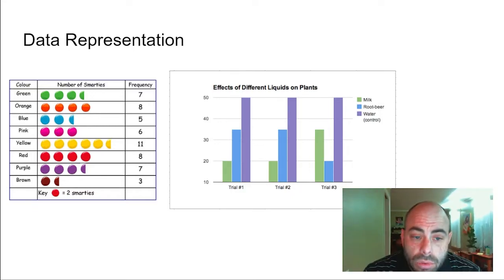So we will do a lot of graphs in this class as a part of our labs or as a part of other assignments. And knowing what type of graph to use and what graphs show you is very important in a scientific classroom. We will use lots of tables. You can see the table there on the left. A table is just a way to organize data into rows and columns so that you can easily read it and understand the table. And a graph will often represent that data on the two axes